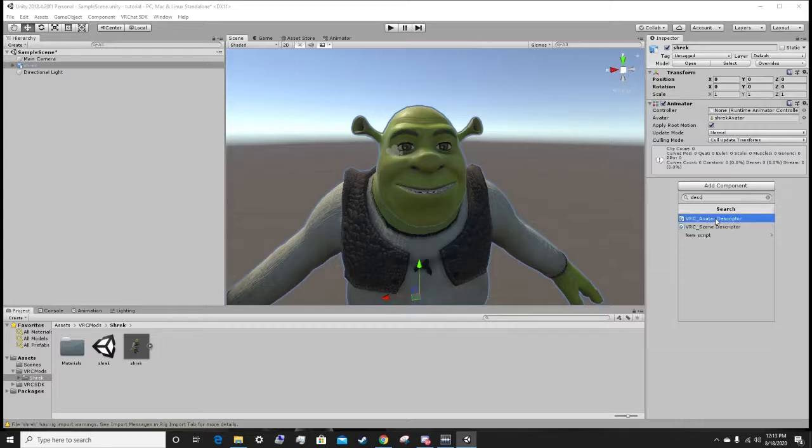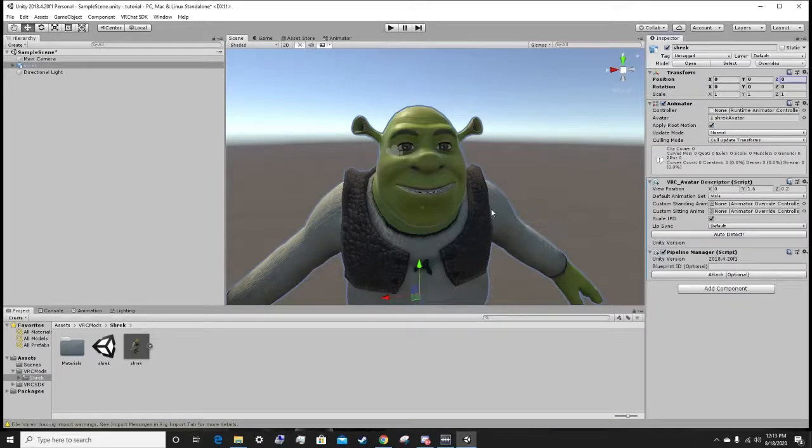Now, there's two different types. You want to use avatar descriptor. The scene descriptor, that's if you're creating a world. So, avatar descriptor, and then